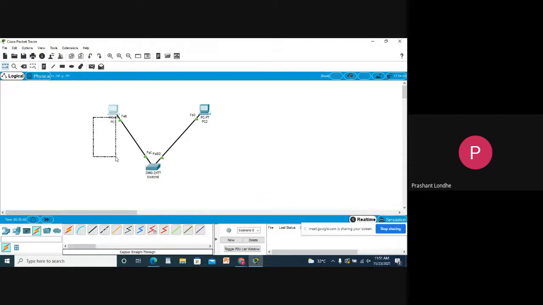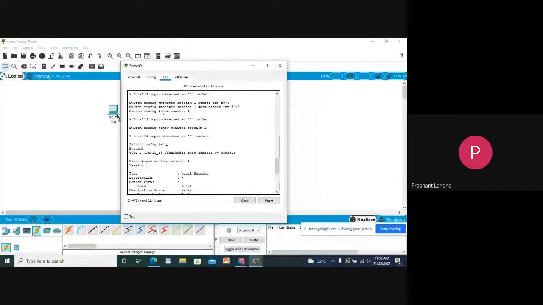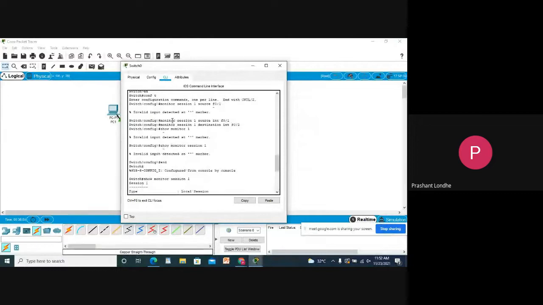So this will be treated as a source traffic, or this will generate the source traffic, and this will generate the destination traffic, considering PC1 is a source and PC2 is a destination. So just go to the switch, then you need to type configure terminal, and then you need to type